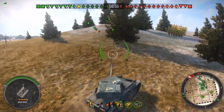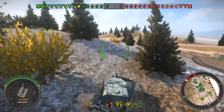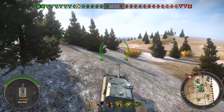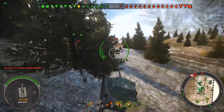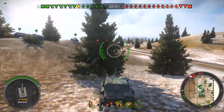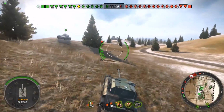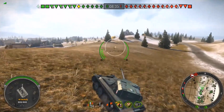And for our final game, AMX 12T, to bring this review to a close. We're on Erlenberg, and I believe there are only 2 tier 7s. It's mainly a tier 6 game, but this battle is really gonna showcase the uniqueness of this tank,